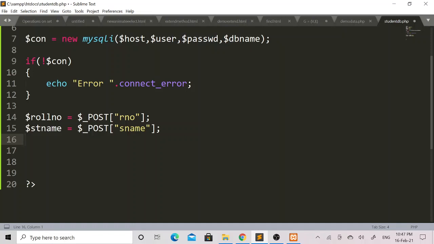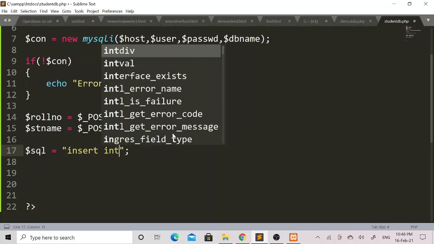And I have set the roll number value into this $rollno variable and the student name value into this $stname variable. So here I will declare another variable $sql. Now I will write one SQL query within double quotes.